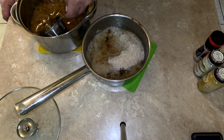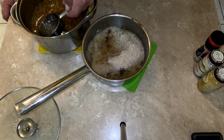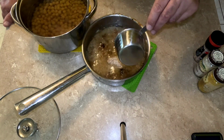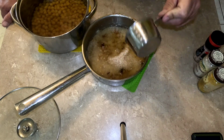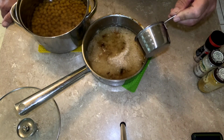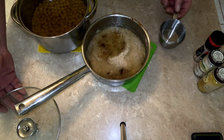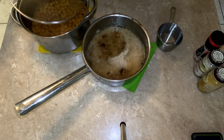We'll do 2 cups of bean water. Normally I would do about 2 1/8, 2 1/4, but the onions have a lot of moisture in them already. So if I add more, there's a good chance it'll be soupy before it soaks up all the water. So anyway,